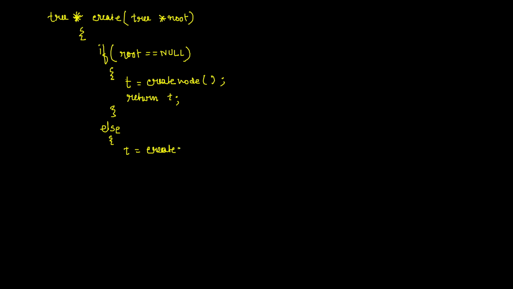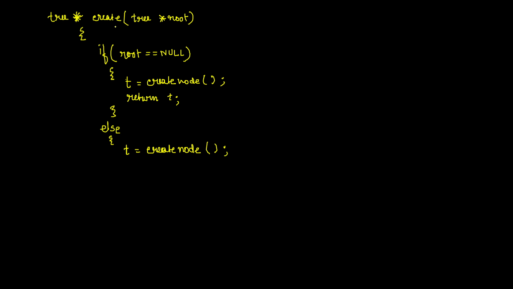By the way, one thing, by mistake I have written this t equal to create node in else as well as in if. So basically, when you are calling a create function, you will create something, a node. After creating the node, whether it will be added to the previously existing tree or it will do nothing totally depends upon the timing of calling the create function.